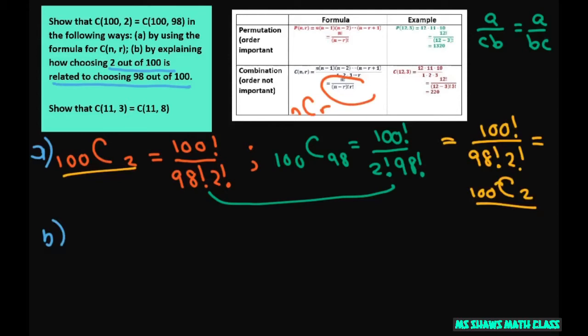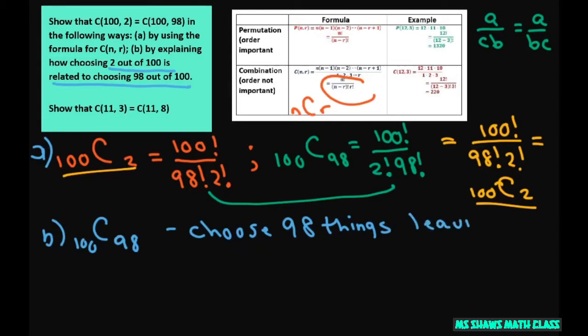Choosing 98 out of 100 is we're finding the ways to choose 98 things, and we're leaving out 2 things. Alright? Which is the same as saying we're finding the number of ways,